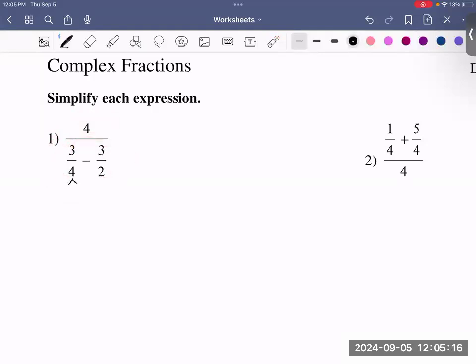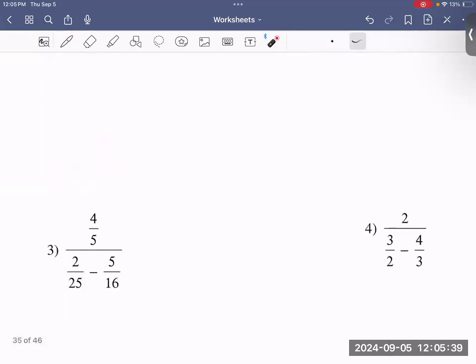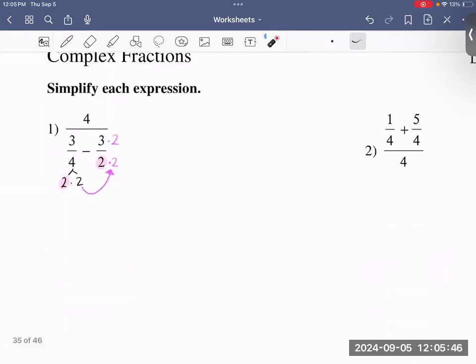Your denominator, 4 and 2, both have a 2 in common. 4 can be broken up into 2 and 2, meaning this 2 here matches the other 2 here, which means that we're going to multiply this 2 to the other side. So you're going to multiply by what's missing. That's only if they have something in common. If they don't have anything in common, like some of these over here, you can always multiply each other to the other side. So in our case, in your denominator,